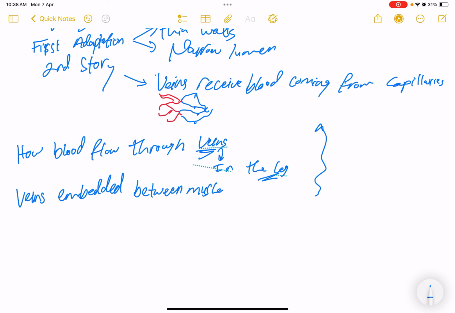When the muscles contract, the veins are squeezed, or the blood is squeezed out and forwards into the veins, pushing the blood forward